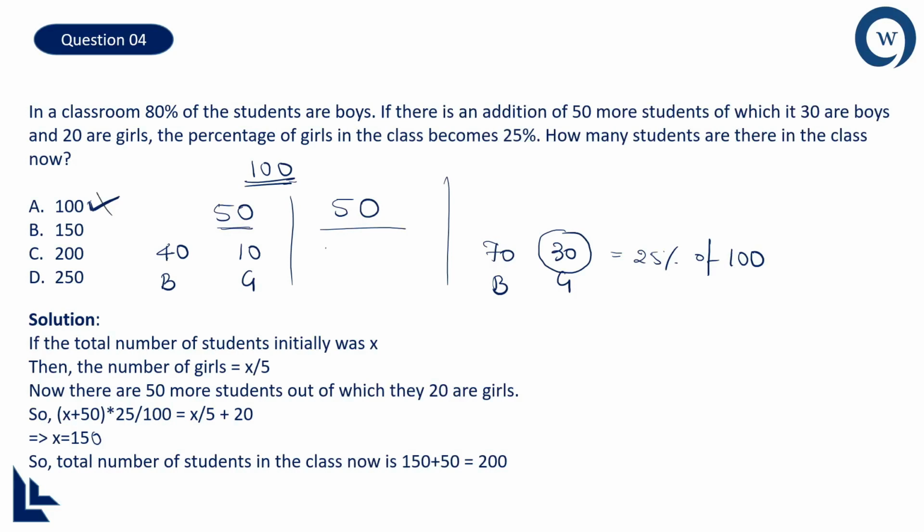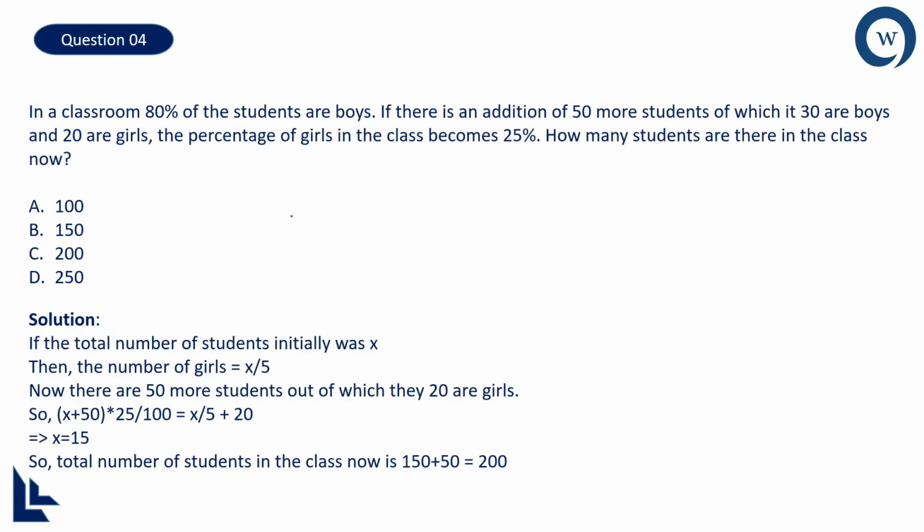Now tell me, after option A is gone, which is the next immediate easy option that you can see? Number that is ending with 00, right? They are the easy problems in the percentage section. So I'll go with directly 200. Okay, and in many of the percentage problems, questions will be framed in the similar format. You need to observe that. That's it. Now, if I take 200 students are there right now, how many students were there before? 150 were there before and 50 joined later, right? That's the problem statement given.